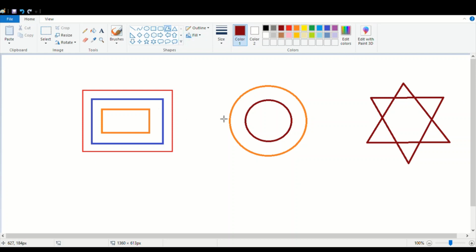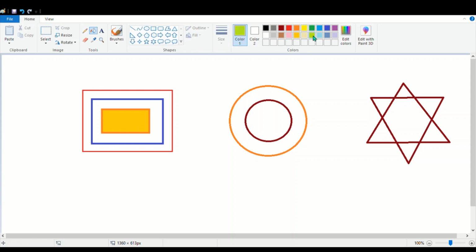I want to fill some color in these shapes. So in the tools group, we have this option which says fill with color tool. So I'll do a left mouse click on this tool and this tool is selected. Now I can select different colors from here, and once I come to the drawing area, see my mouse pointer has again changed. Right? Now it is showing the fill with color tool option, and when I click it here, this rectangle is filled with this color.